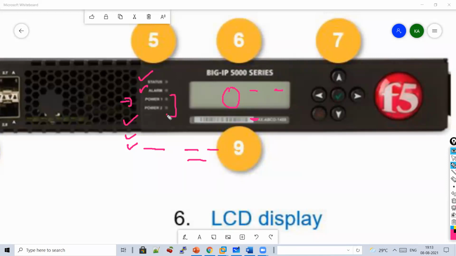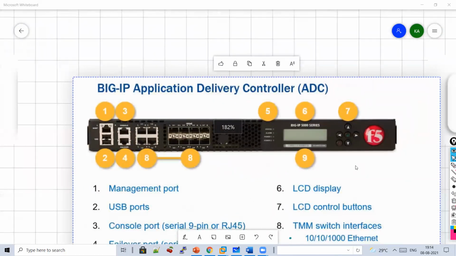So this is how F5 works. Sometimes what happens is guys, there is some issue, there is a hardware fault or something happens. In that case, this alarm status will help you. So if it's a power issue, then it will indicate the power issue. If there is some alarm like orange light or something, then it will blink. Then can you see this? This model is a 5000 series model. Basically, you have different models, but here it's showing 5000 series.